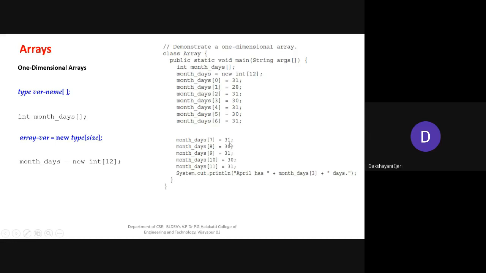Let me know how many of you have confusion about arrays, who need still more detailed explanation. Explain in detail, ma'am. Explanation in detail, okay.